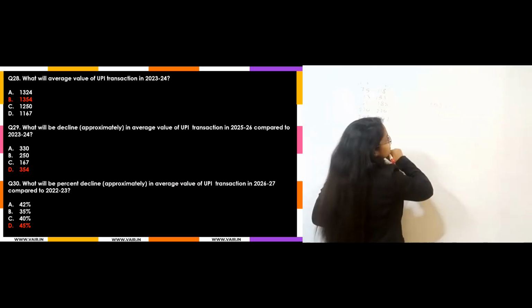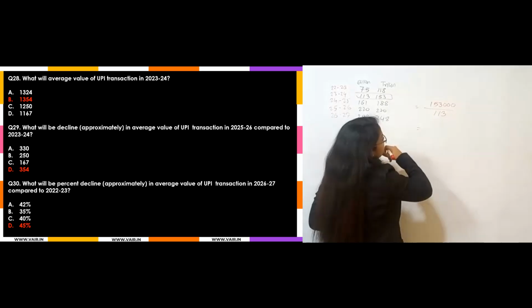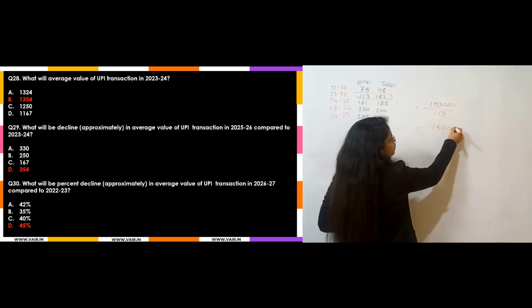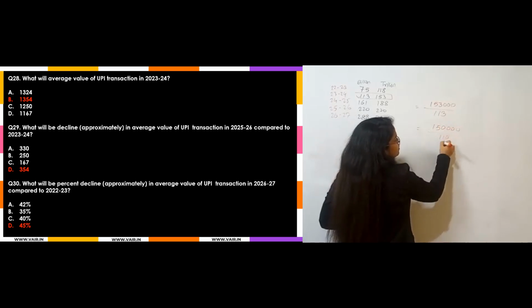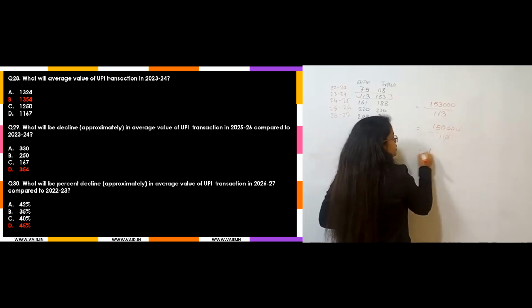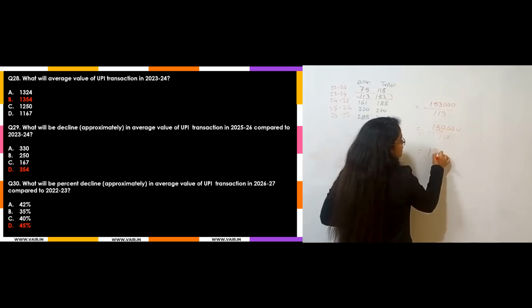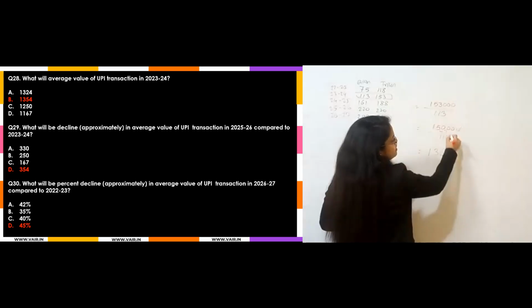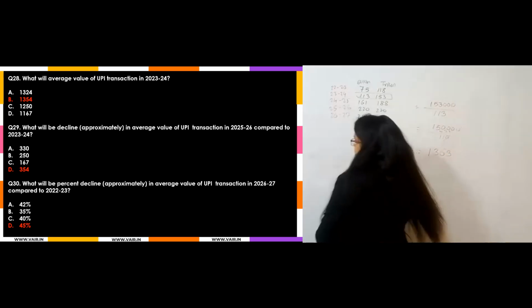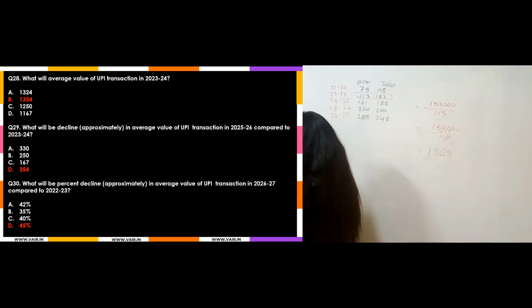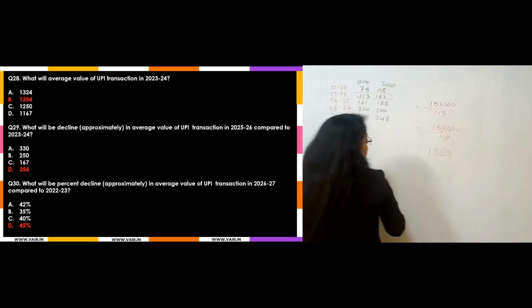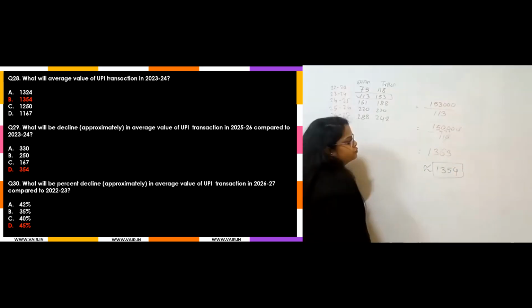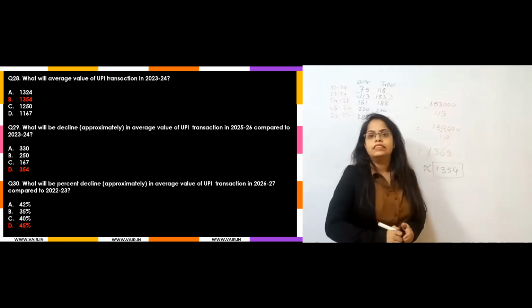You can see, first thing, I can consider it like 150. If I take this one and this one as 110, 0 will get cancelled. 11 ones are 11, there will be 4. 11 threes are 33, there will be 7. 11 sixes are 66, 4. 11 threes are. Which is the nearest option to this? Good. The nearest option is 1354. So your answer is 135, which means yes, the answer will be 1354.